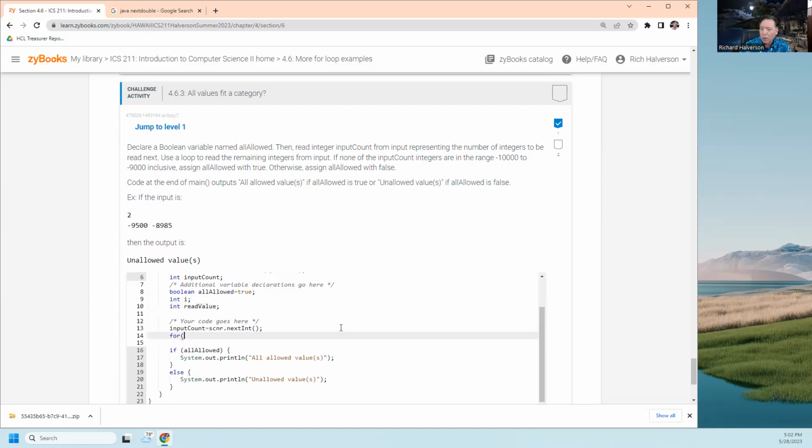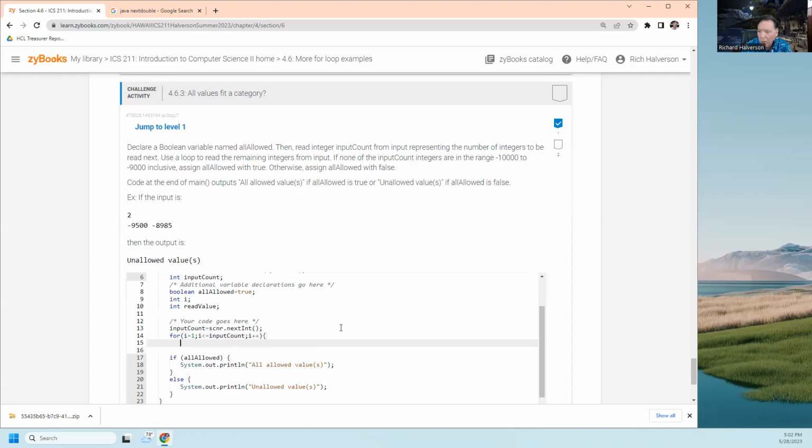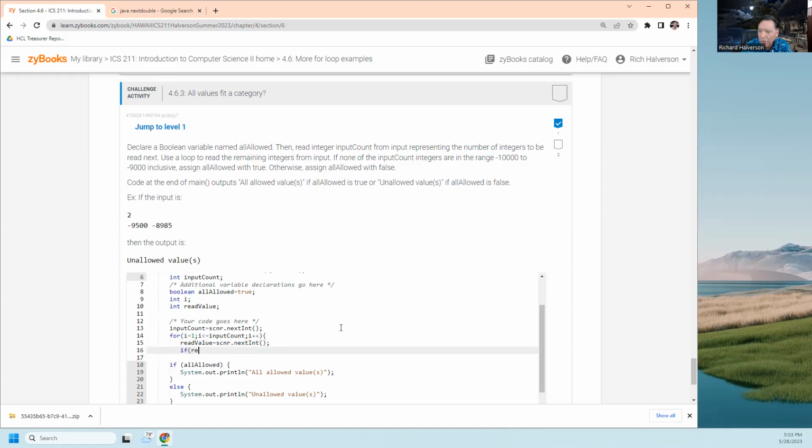For I equals 1, I less than or equal to input count, I plus plus. I'm going to read it in, read value equals scnr dot next int. And if read value is